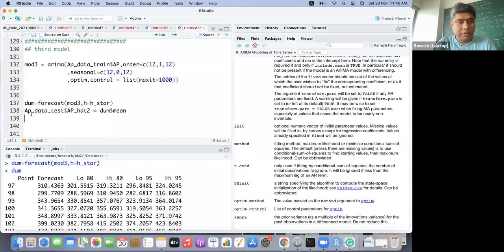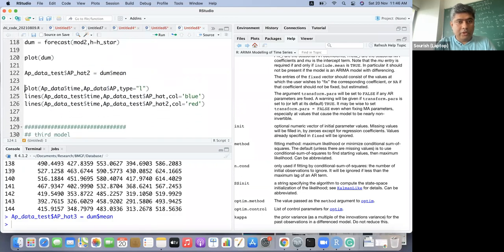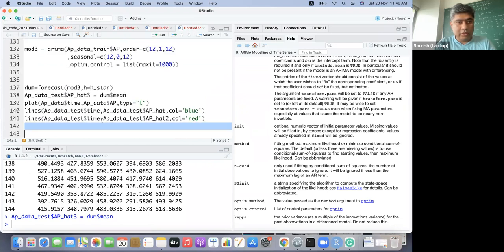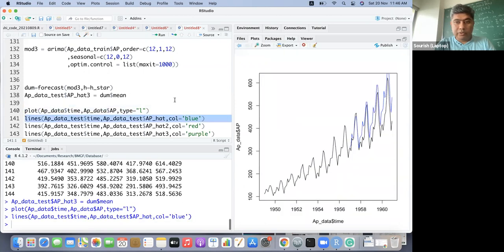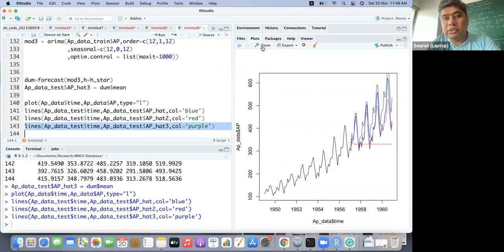It has to be the third model, and we should use a different color, so maybe purple. Okay, so this is my first model. This is the bad ARIMA model. This is nice.